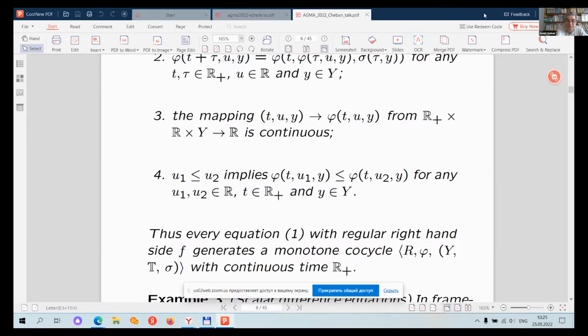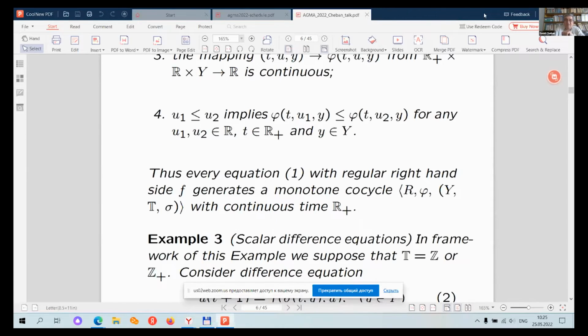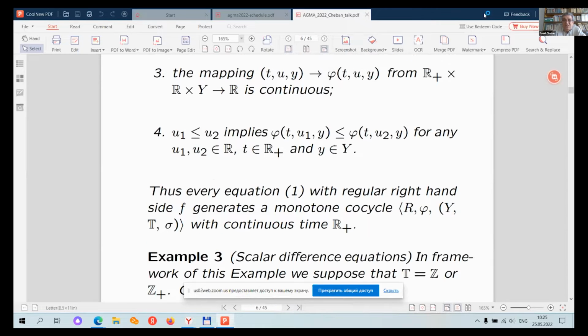Namely, if u1 is less than or equal to u2, then we have this relation for every non-negative t and parameter y from capital Y. This means that every equation 1 generates